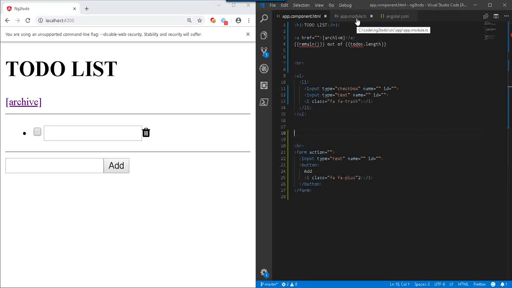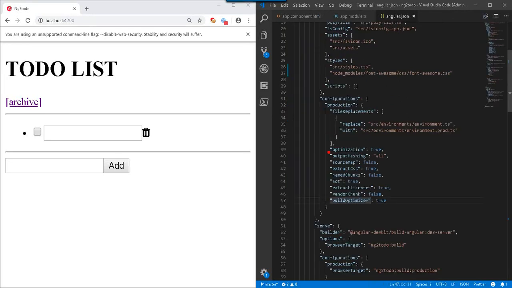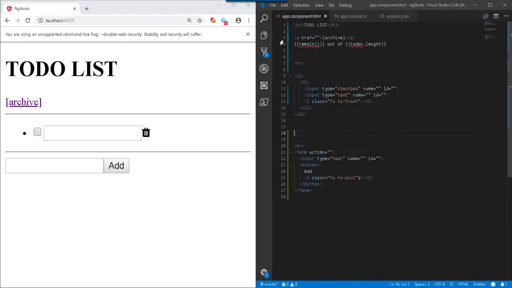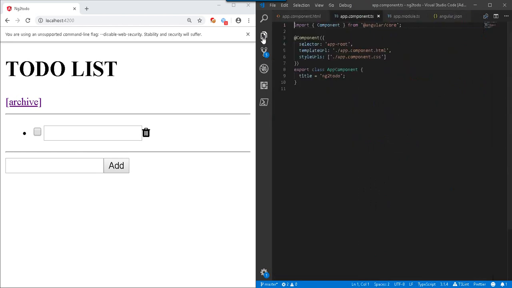Okay, cool. So we have a couple dependencies. We did the forms module for the app module TS TypeScript. And in the Angular JSON, we went ahead and included a dependency to the font awesome library. We've got our app component for some of the rendering and the presentation. Now what we want to do is go ahead and take care of the app component TS for a lot of the logic. Now from a data storage perspective, our primary variable here is going to be the to-dos array,